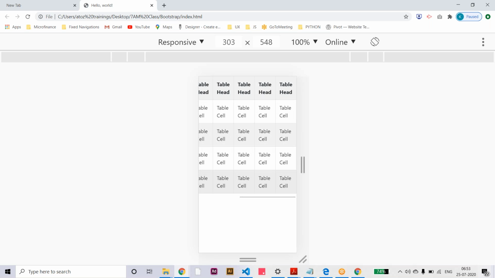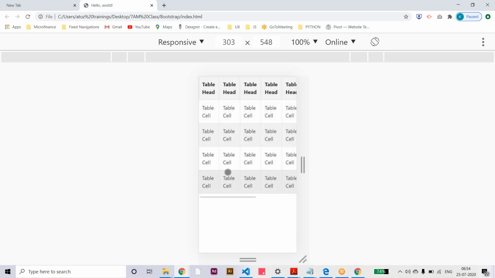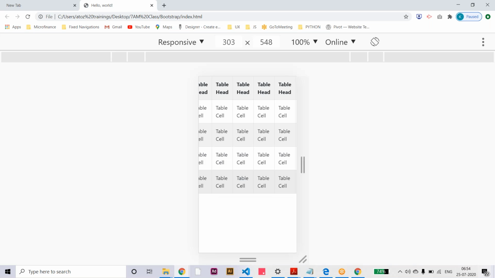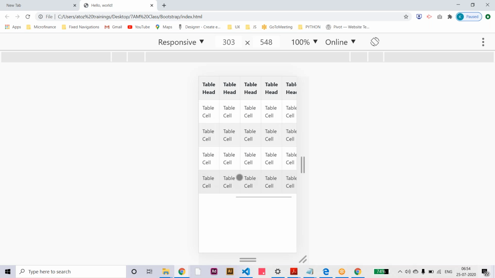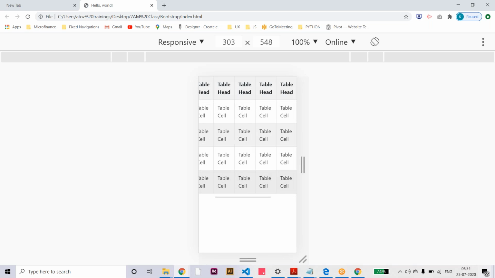So like this, you can use a number of columns when you're creating large data with multiple rows and multiple columns. You can write and read by horizontal scroll in the table itself. Suppose you see any dashboards, we have a lot of columns, like 10, 20, 30 columns. All the columns we cannot display at one time on your screen, even small, medium or large screens.